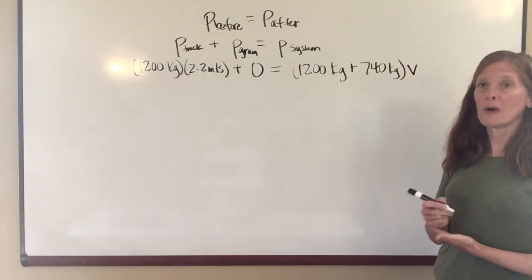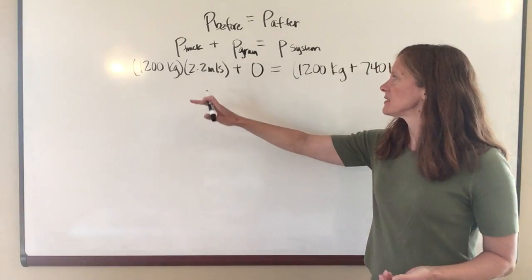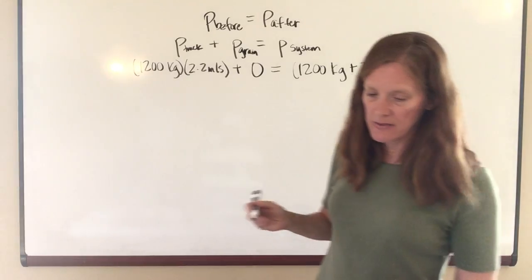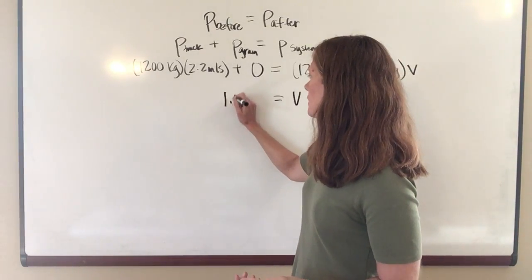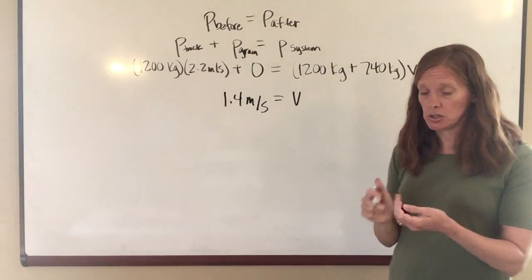Okay, so once again, you're going to do your multiplication. You're going to add that to 0. You're going to divide both sides by the combined mass, and then that will give you a velocity of 1.4 meters per second. Now, that should make sense to you because